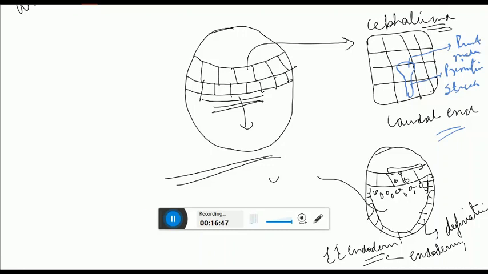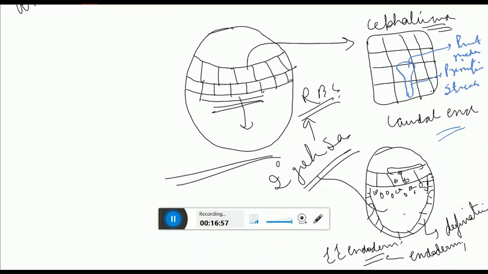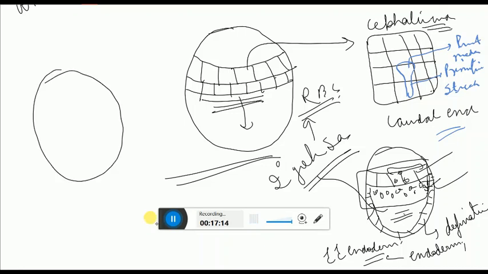Now this cavity is the secondary yolk sac. This secondary yolk sac is responsible for the formation of RBC before the formation of the fetus. So RBC formation starts from the yolk sac. We have read this, that RBC formation starts in this secondary yolk sac. Now our concern is this epiblast and these invaginated cells. This was an epiblast. This was the primitive streak. Cells are coming from this primitive streak.